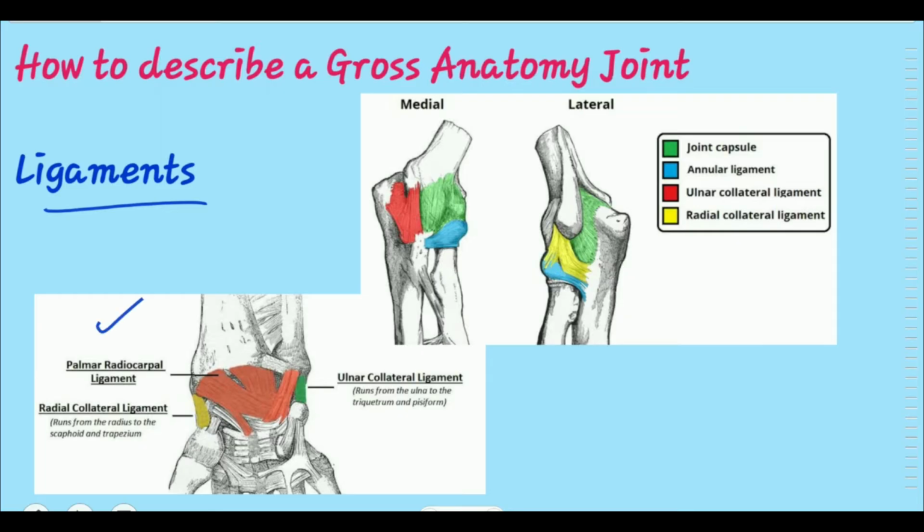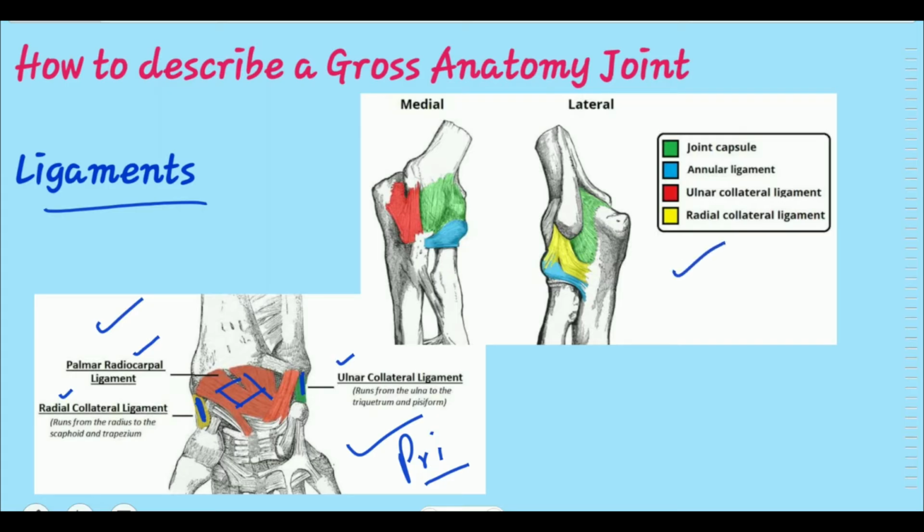Now look here. This is the wrist joint between the radius and the carpal bones. Here we have the capsule, and you can note down that we have some ligaments attached to the capsule. We can say they are thickenings of the capsule. The lateral thickening is known as the radial collateral ligament, the medial thickening as the ulnar collateral ligament, and on the front these bands are known as the palmar radiocarpal ligament. We have the dorsal radiocarpal ligament over the dorsal aspect. So all these are the primary ligaments. Capsule is ligament number 1, then these are the primary ligaments.